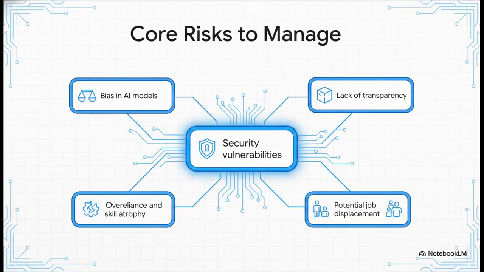See, the raw power of AI brings an entirely new threat model to software development. The core risks we absolutely have to manage include bias in our AI models, which can seriously skew automated logic and outcomes. Then there's the very real danger of over-reliance. Listen, developers who accept AI output blindly are going to suffer from skill atrophy. They will slowly lose their foundational debugging skills. Add in a severe lack of transparency in how these models actually make decisions, plus broader industry concerns about job displacement, it's a lot. But the most immediate pressing technical threat, that would be security.